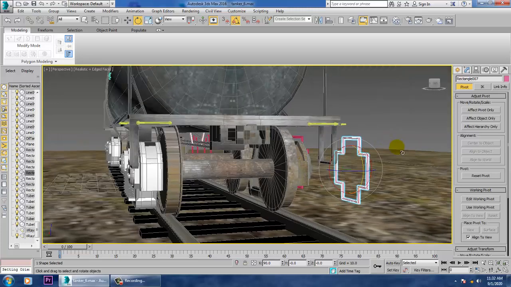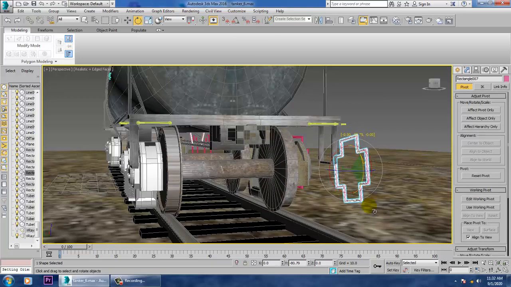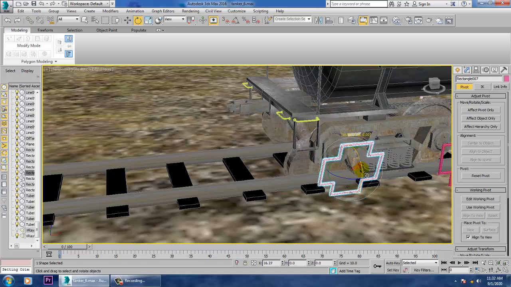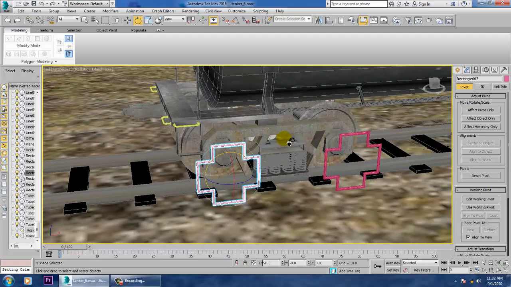Now rotate it. Can you see this? Once my object rotates, my tire is also rotating because it is a constraint. If you rotate it in this way, it's going to rotate in that way. In whatever axis you rotate, this is a controller and it is going to rotate the object. That's what your constraint is over here.